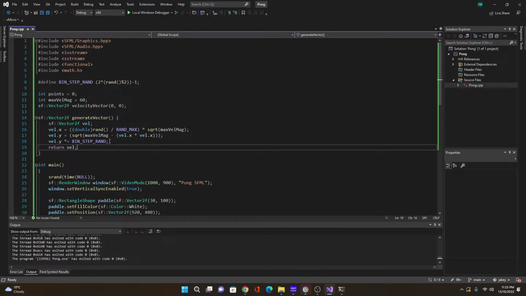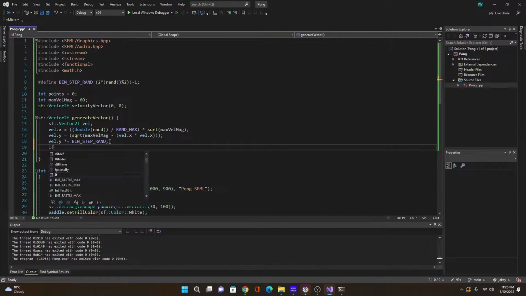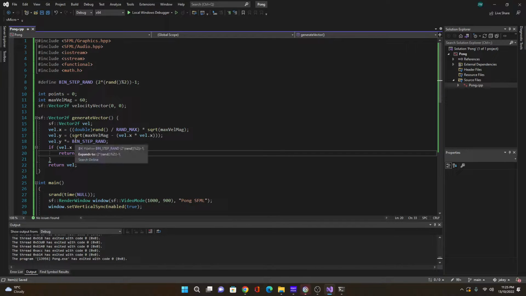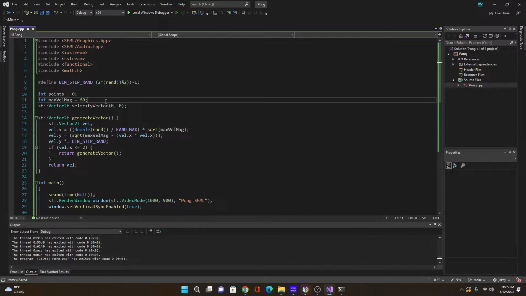To do this, we're going to create an if statement here. If the val.x is less than or equal to 2, return generate vector. This function looks more complicated than it is. I'll just get this one out of the way first. When the C program is compiled, it'll replace this bit here with this. So these are literally the same thing. But what this function will do,